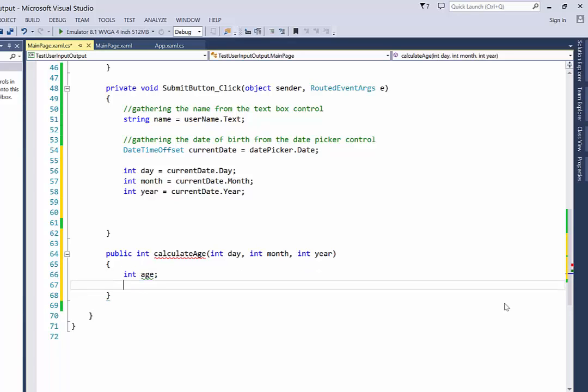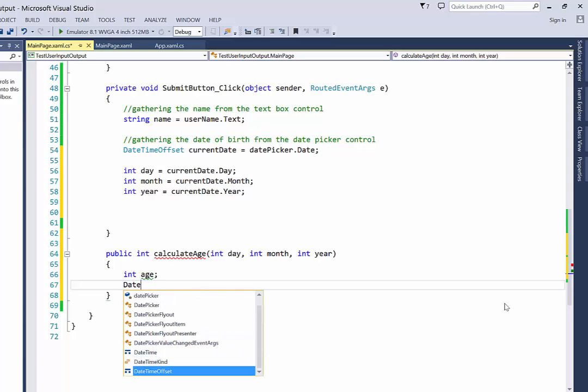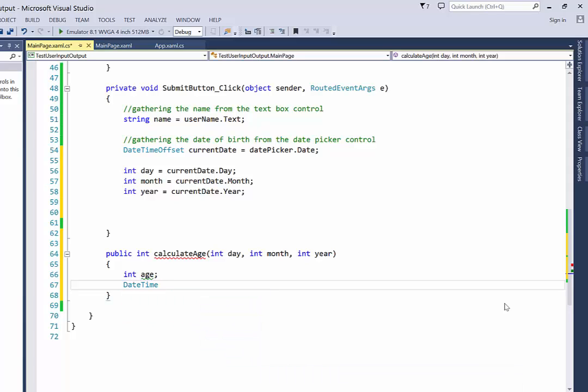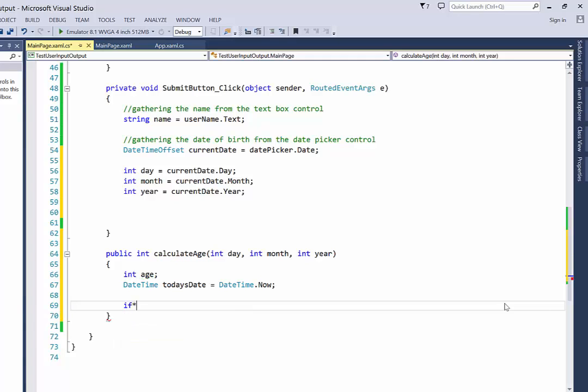And we're also going to need to get today's date so that we know what is today's date, and we can calculate from there. So we can do date time. I'll put today's date is equal to a date time dot now. And that will always return today's date. Right, and so this is just an if-else situation to determine a couple of things. So first, we need to know, let's go ahead and talk while we type here. If our